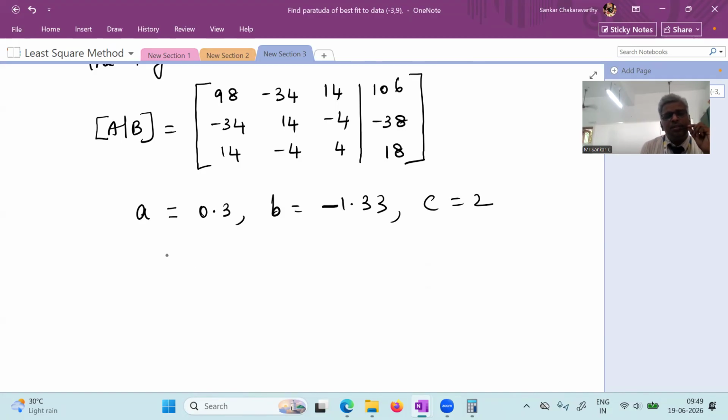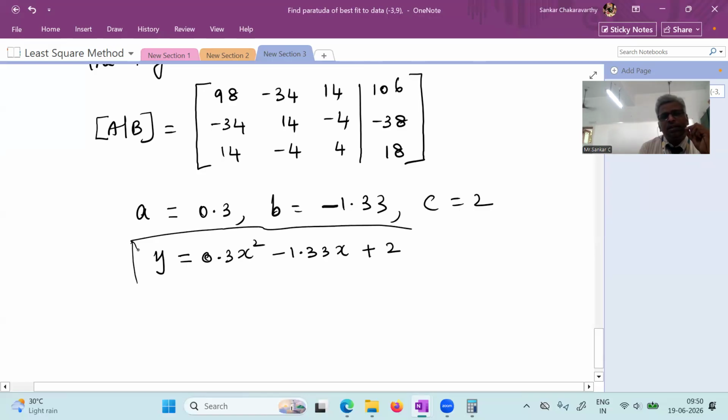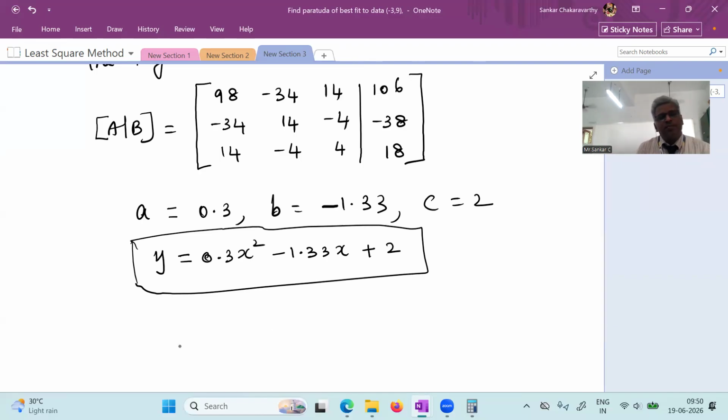Now you substitute this in the general equation of the parabola. Therefore, y is equal to ax square, 0.33 x square, plus b, that is minus 1.33 x, plus c, 2. And this is the general equation of the parabola. Now, to find the least square error of this, you know the formula. The least square error is